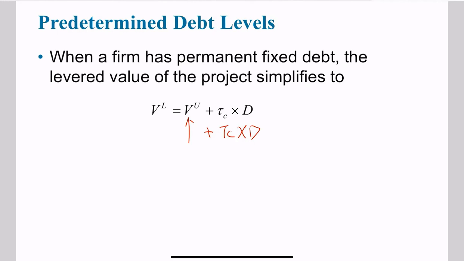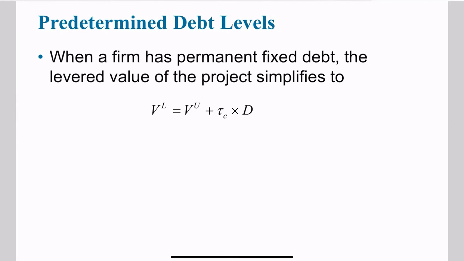We pretty much discussed this formula in corporate finance 2. And here, if you look at this formula, you can see that it's, again, essentially using this APV method, right? Essentially, it means that if the firm has permanent fixed debt, then its interest tax shield has the present value of the corporate tax rate times the debt level. You can see why this is the case. So let's assume the debt